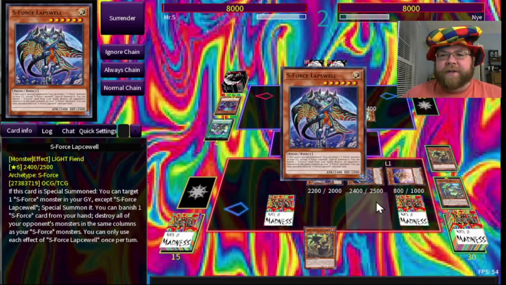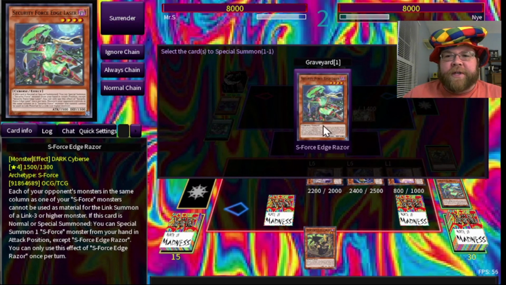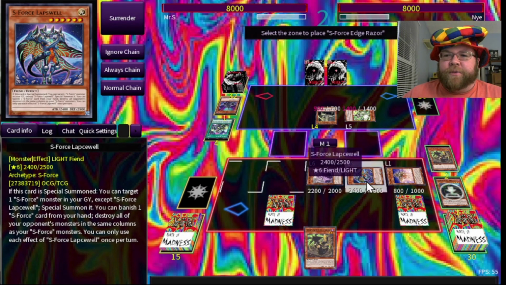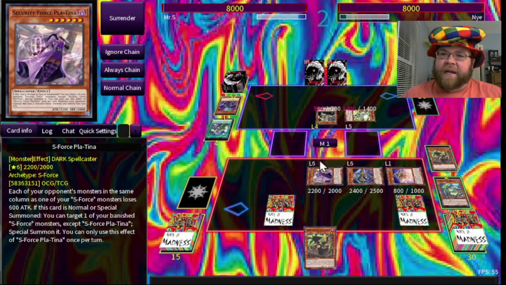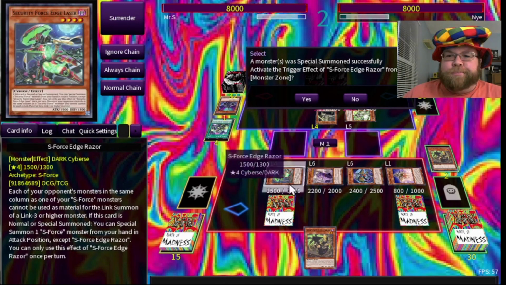So I'm just going to put this over here. And then, special summon, I can target an S-Force in the grave, summon it. That's right. Go to Lapswell. See, if I do have a graveyard, I can abuse it. And now I've got Razor, and...